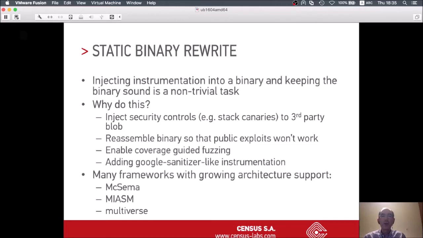Another thing to do would be, for example, to inject security controls like a stack canary into this third-party software that didn't have this type of security controls. I can do that with static binary rewrite. We can also reassemble the binary in a way so that its functions are at different points, and public exploits won't work on that because they won't know where each thing is in the binary. We can also add Google Sanitizer-like instrumentation to a binary that doesn't have this type of instrumentation and start fuzzing on that. So we see there are a lot of things that we can do with instrumentation on binaries,